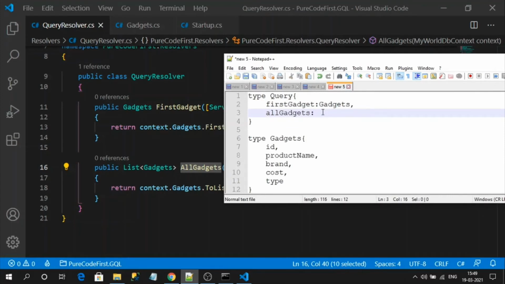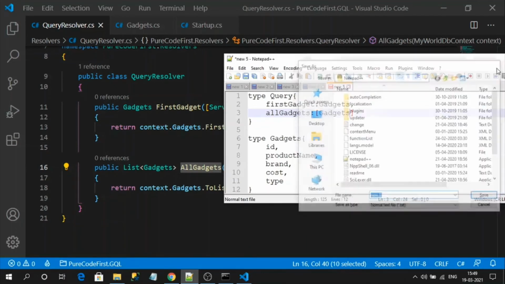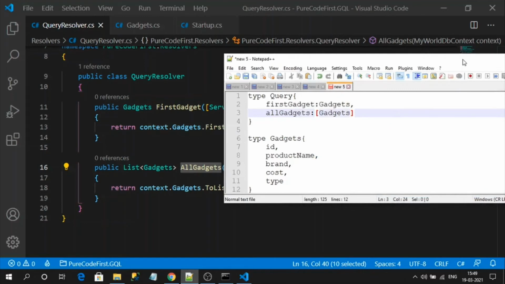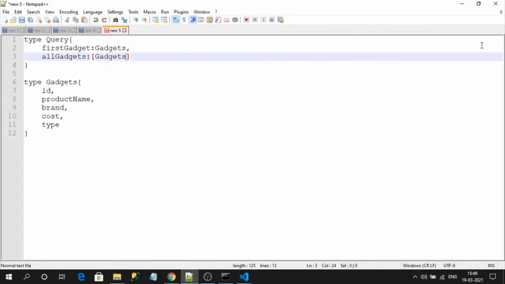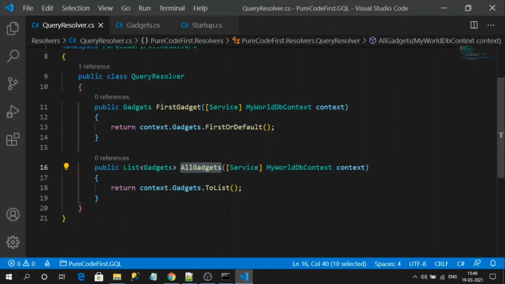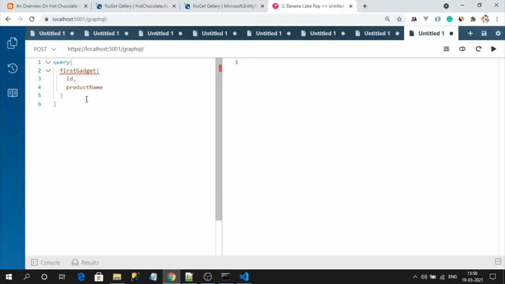In the GraphQL schema, to represent a collection, it is like an array when you compare with JavaScript. And here we can specify gadgets. So this is how the schema will be generated at runtime based on our query class. And that's it, we can frame a query to consume this.